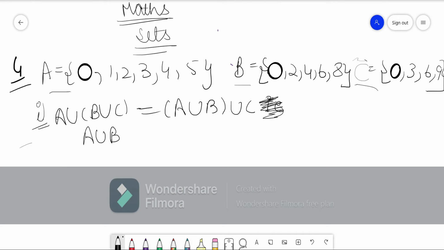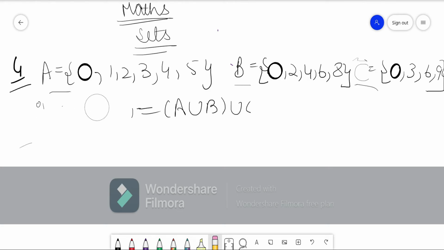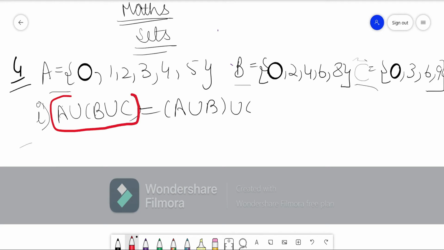So first you have to focus on this. Right. So first you have to focus on this. Sorry guys, I will write it again. A union (B union C). Okay. So if I am going to consider one case first, that is, I consider this case first, so I will be considering this case, and in this case also I will be particularly considering this one, B union C. So first I will do B union C. Now what is B union C?